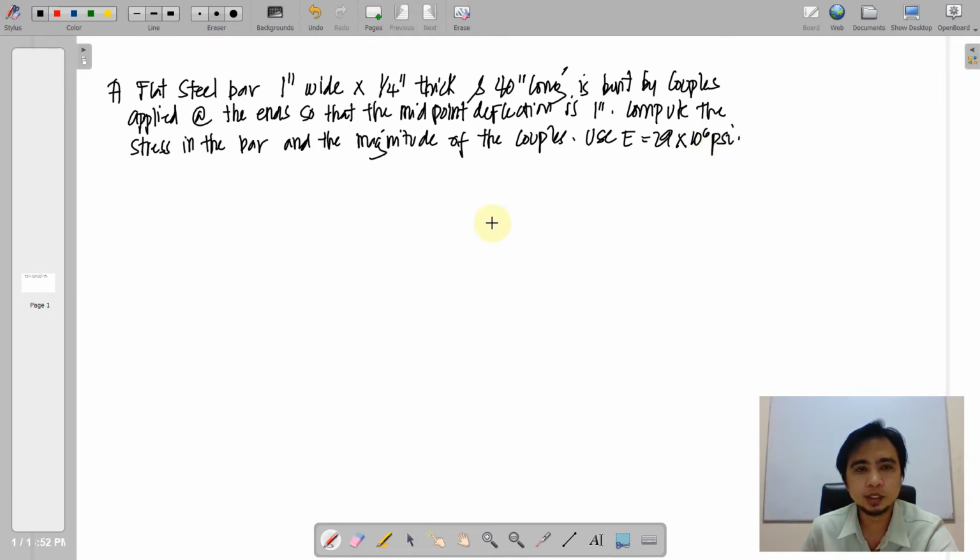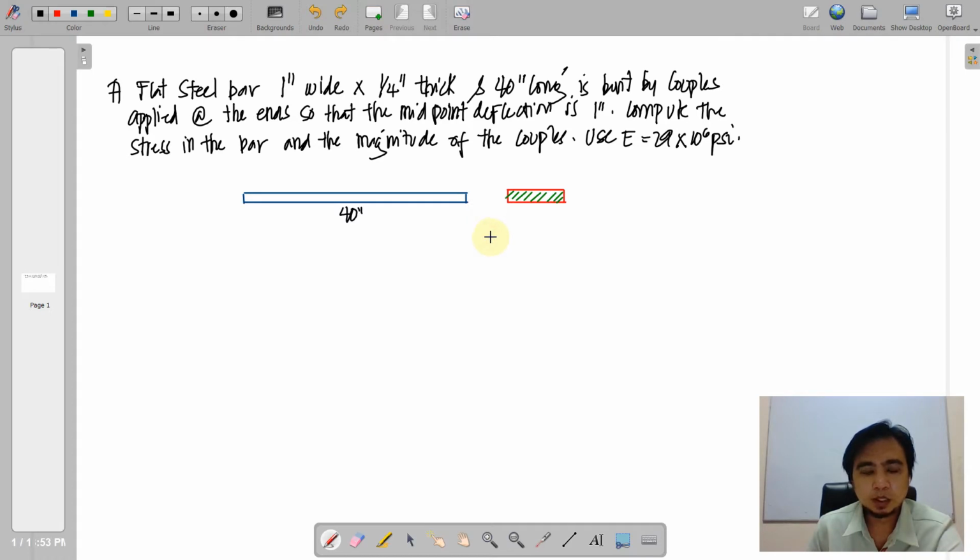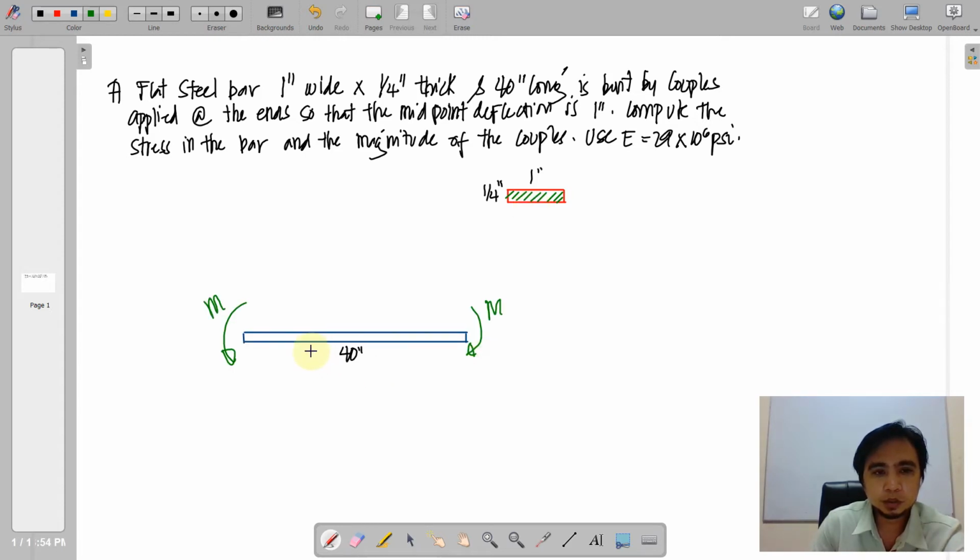If we are going to illustrate the problem, we can illustrate the figure by its dimensions here. It is 40 inches long. Say this is the cross-sectional area, and we have the dimensions on it. We have the thickness to be 1/4 of an inch and a width of 1 inch. Couples will be applied on the far ends of this flat bar so that it will cause a 1 inch deflection at the midpoint of this